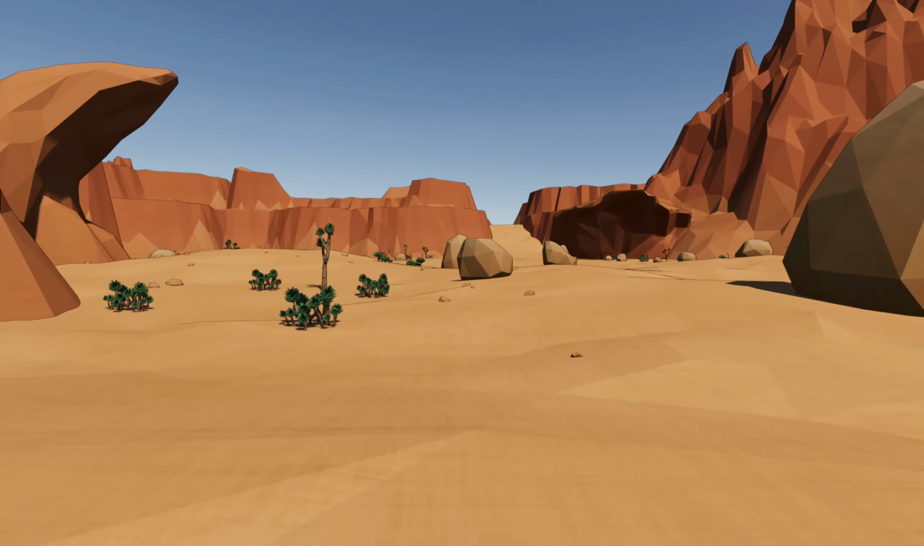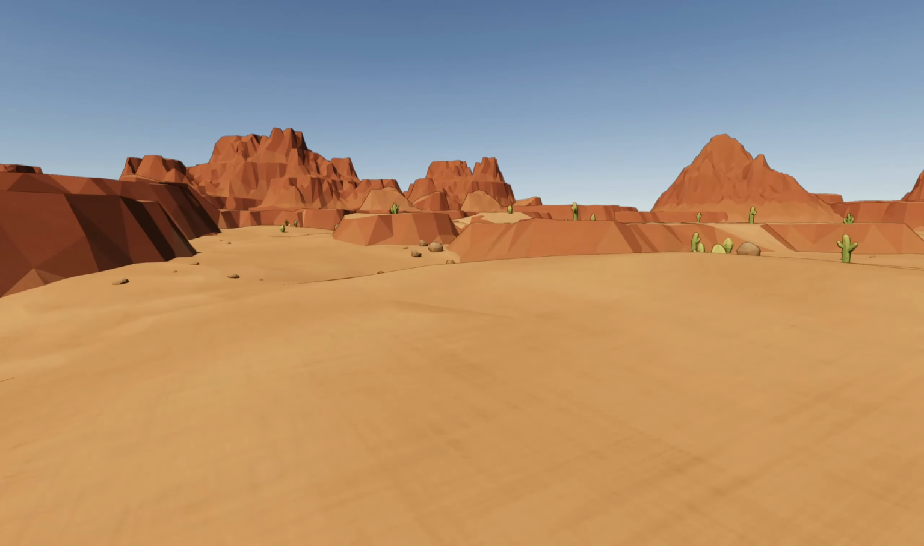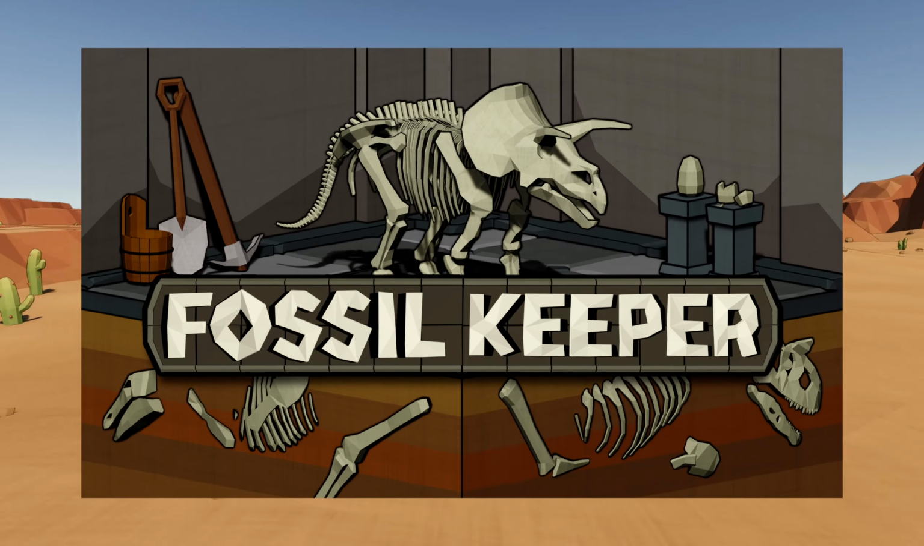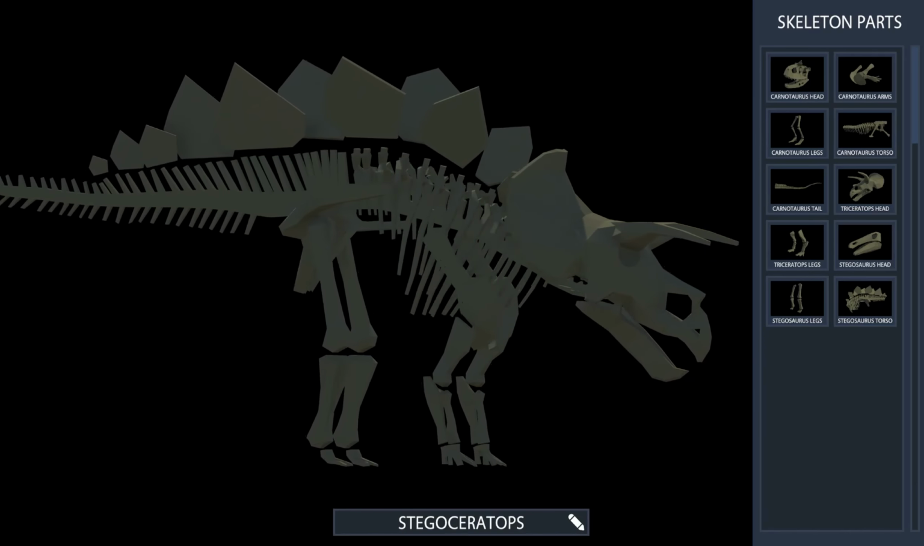In this Fossil Keeper devlog, I'll show you the development of the dig site map generation, where the player will explore to dig up dinosaur fossils. Fossil Keeper is my latest game project, where you dig up dinosaur fossils, assemble skeletons, and display them in your